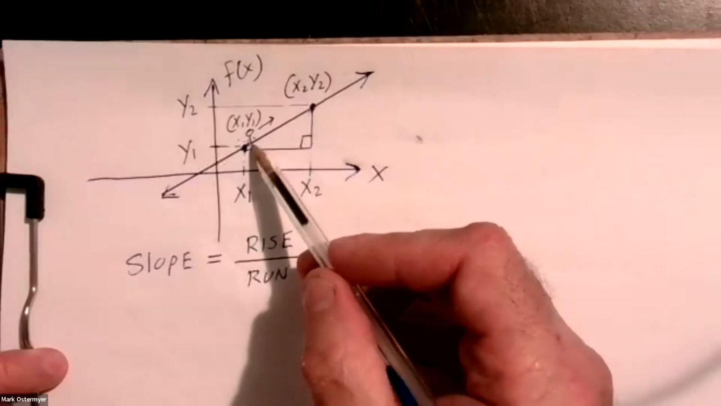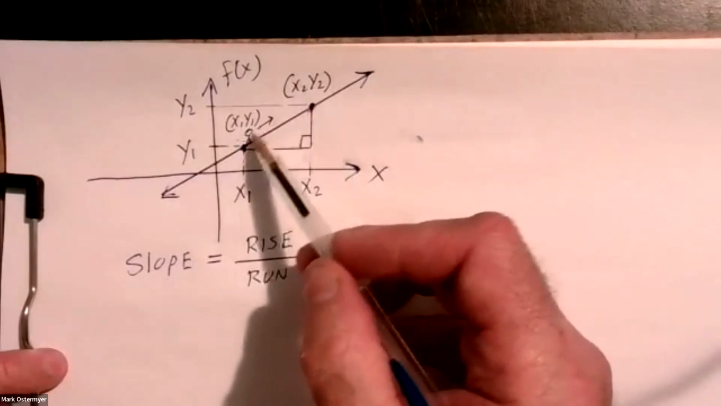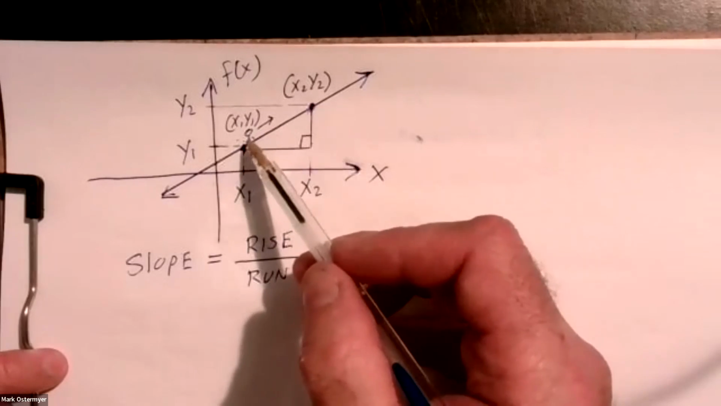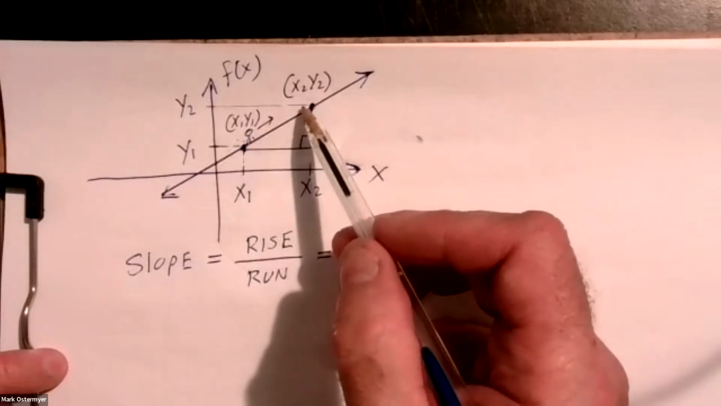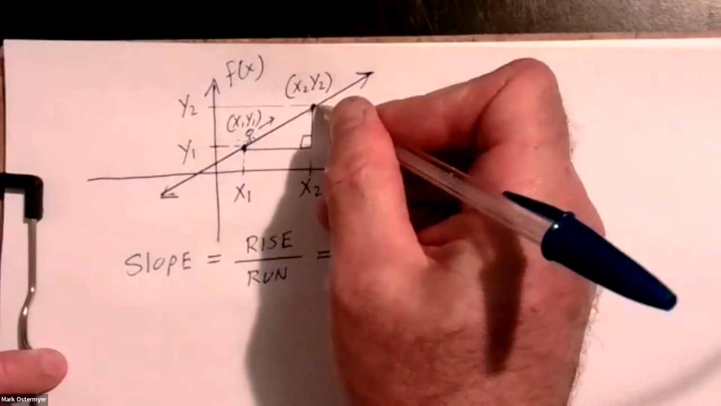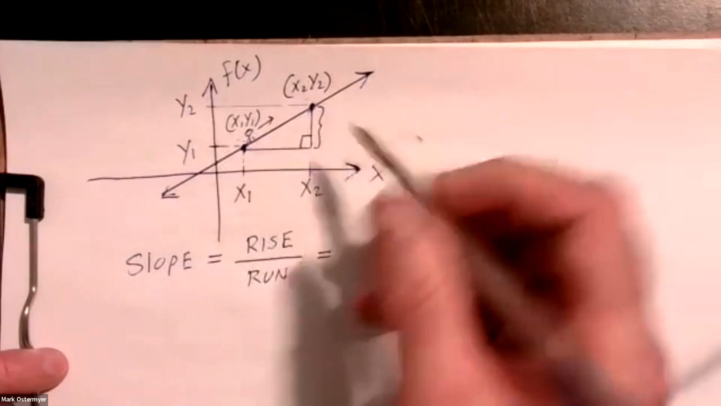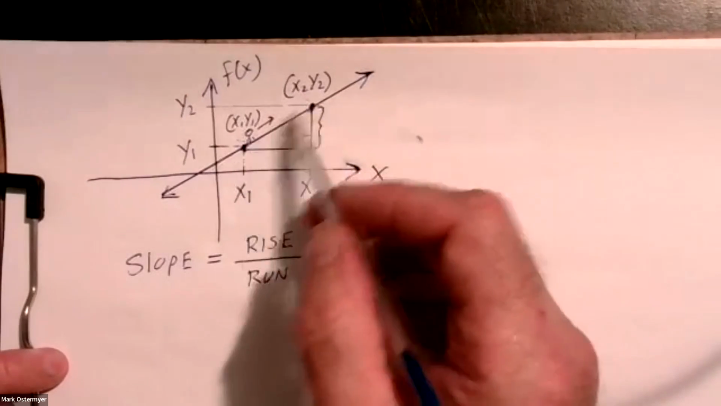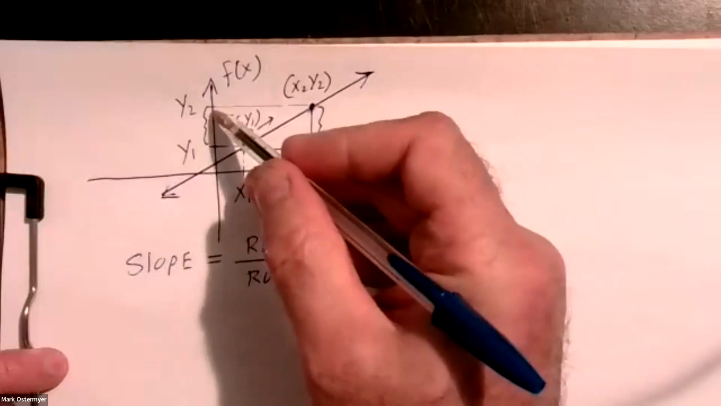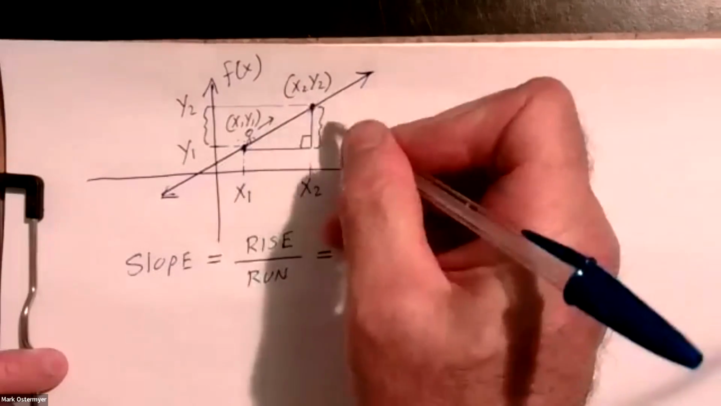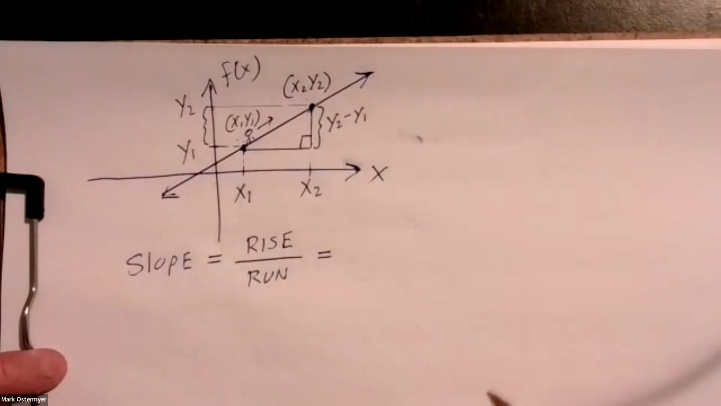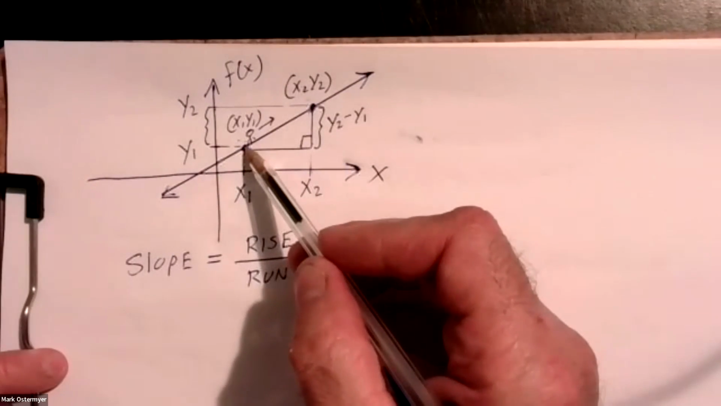Okay, so I walk from this point up to this point. How much rise do I experience? How much vertical change do I experience in going from this point up to this point? Well, the amount of rise I experience is going to be represented by the difference between the y coordinates of these 2 points. This is the amount of rise I experience, which is going to be y sub 2 minus y sub 1. That's the amount of vertical change I experience in walking from this point up to this point